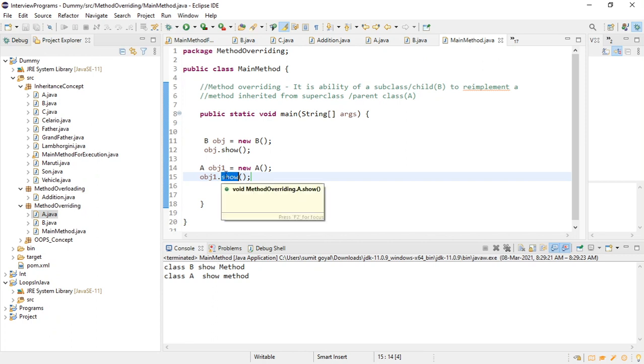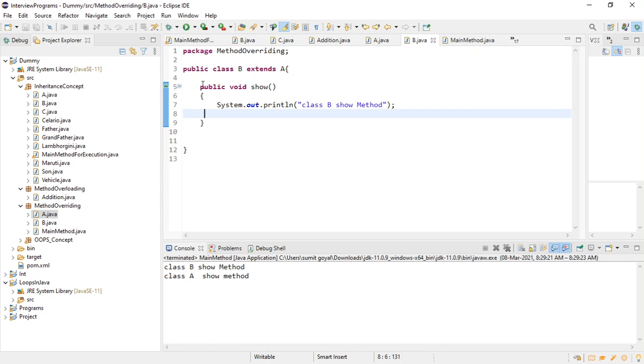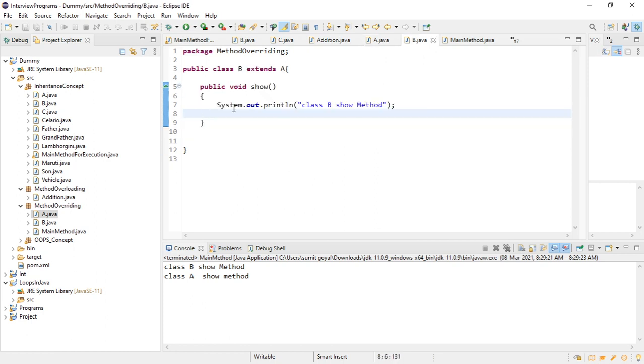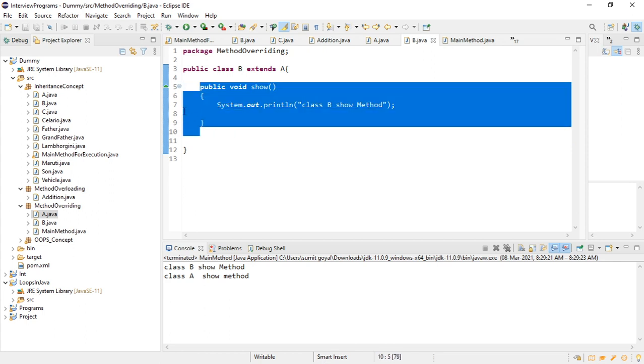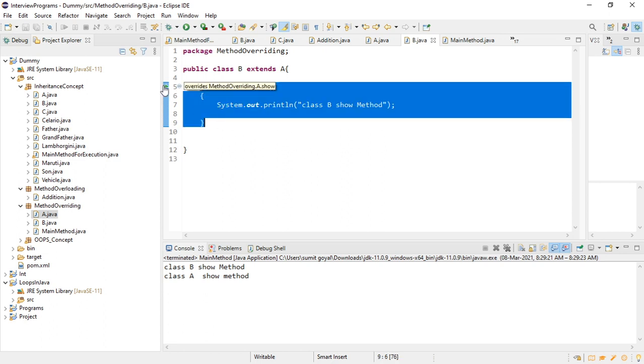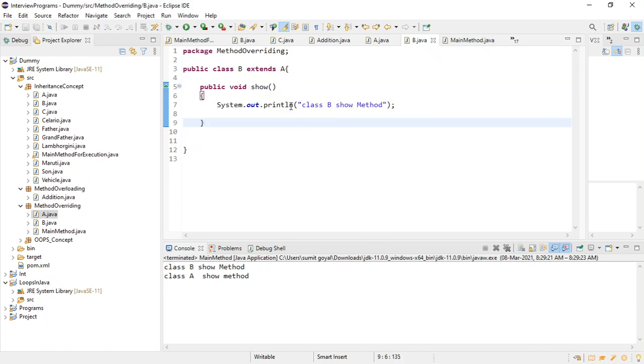first it is calling class B because I am using the extends keyword. So from class B, once I am using the extends keyword, once the same method is coming here, I am changing the definition of the method, right? This is what the green sign says, that this method is simply overriding all the details of the class A method, right? You can see it is saying overrides A dot show method. So this is what this line says. If your method names are the same, method overriding will happen here.